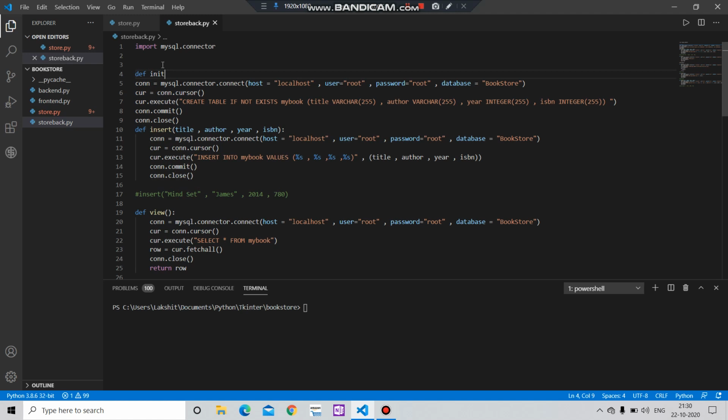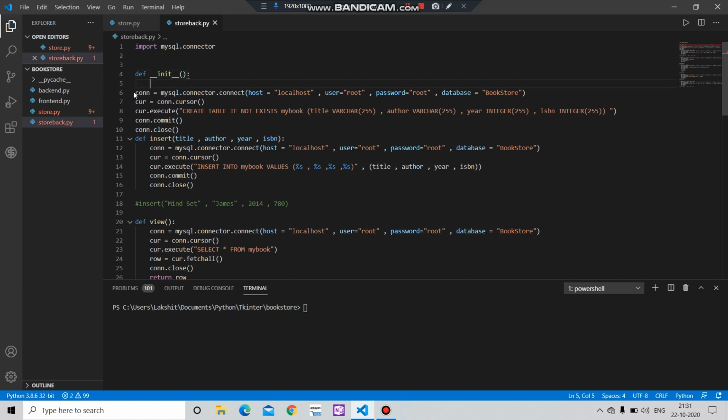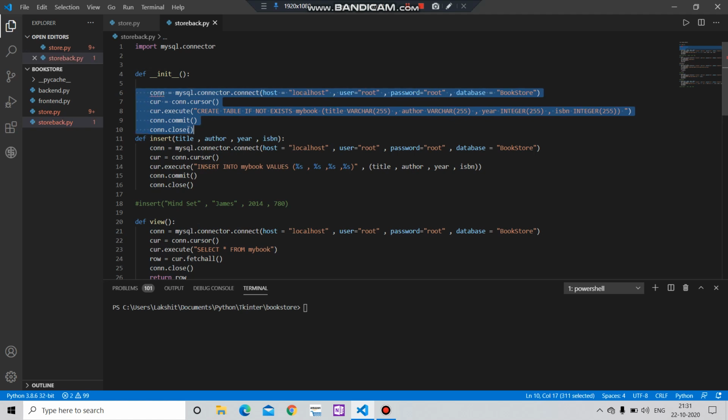Let's name this function underscore underscore init. Yep, it's like this. And here you have to put this,